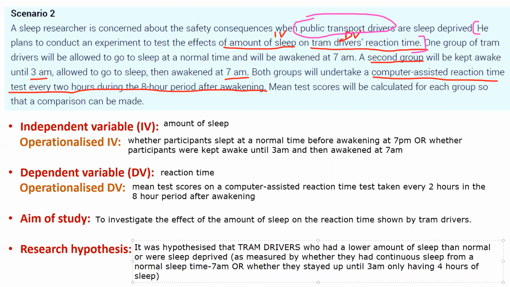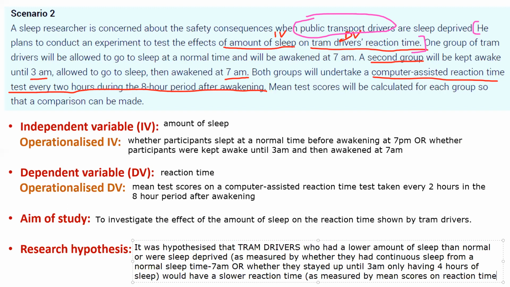Okay, and then we're going to talk about what the effect of that is. So they would have a longer reaction time, or we could say a slower reaction time, as measured by mean scores